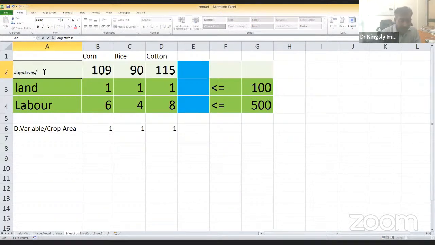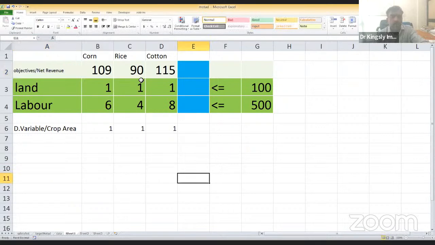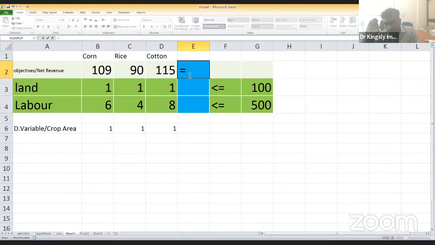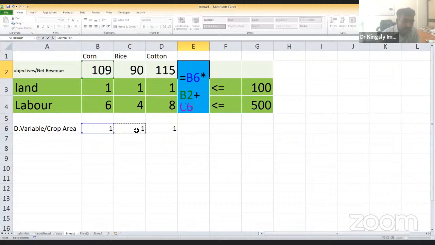I will write net revenue. Our objective is maximizing net revenue. So 109 is nothing but net revenue from corn, rice 90 rupees per hectare, cotton 115 per hectare. There is no doubt in it. So now I am going to write a formula for it. What is the formula of total net revenue from the farm? That means area under the corn, 1 hectare, times 109 rupees plus 1 hectare in rice times